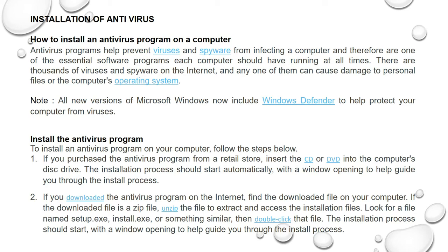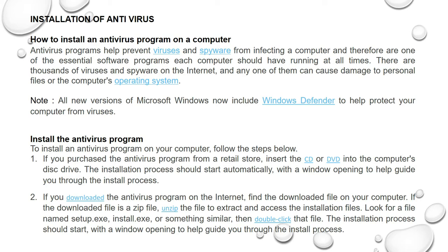If you download the antivirus program from the internet, find the downloaded file on your computer. If the downloaded file is a zip file, zip means it is compressed, the file size is compressed. So for that you have to unzip the file to extract and access the installation files. Look for a file named setup.exe or install.exe.